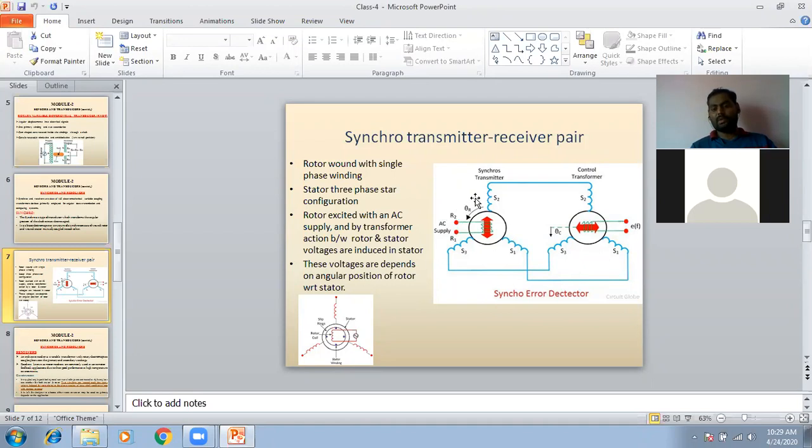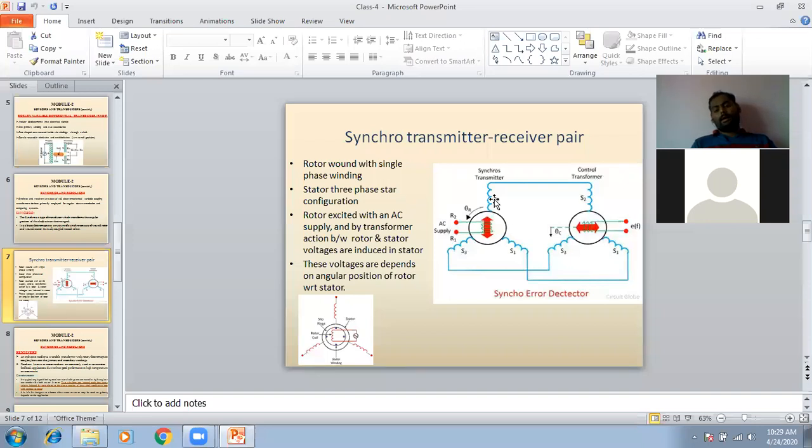That is a three-phase winding you are seeing here, right? So whenever this rotor is supplied with some voltage, whatever voltage is induced in the rotor again links with the secondary winding, and some voltage is induced in the S2 also. The magnitude of that voltage is linked to the transmitter. Whatever voltage is induced in the transmitter here is communicated to the receiver. Depending upon the voltage magnitude, we are going to measure the